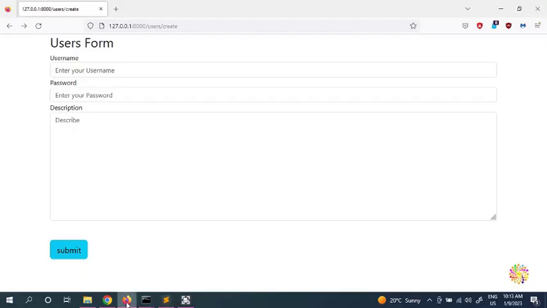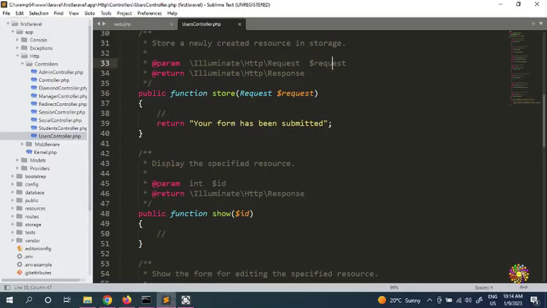When you create a website, you should not let anyone leave these fields empty. For example, if you have a login or register, the user cannot leave the username empty, or the password empty, or the description empty. You should have some sort of mechanism in place